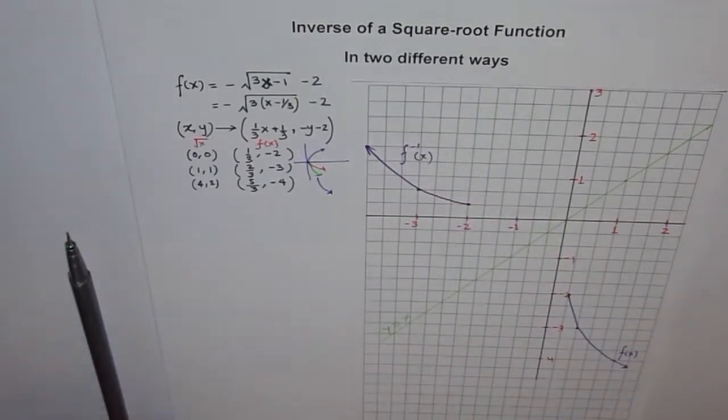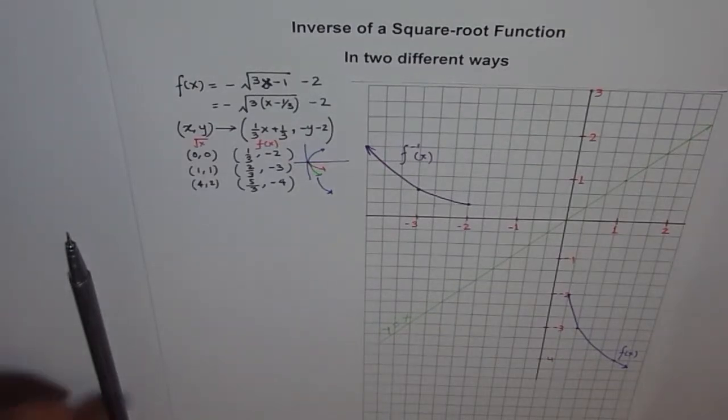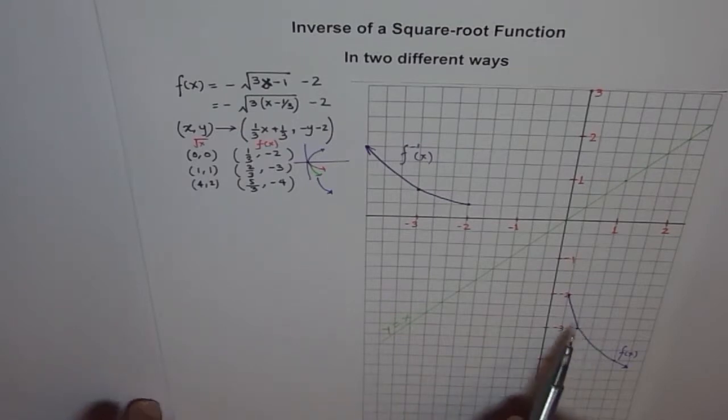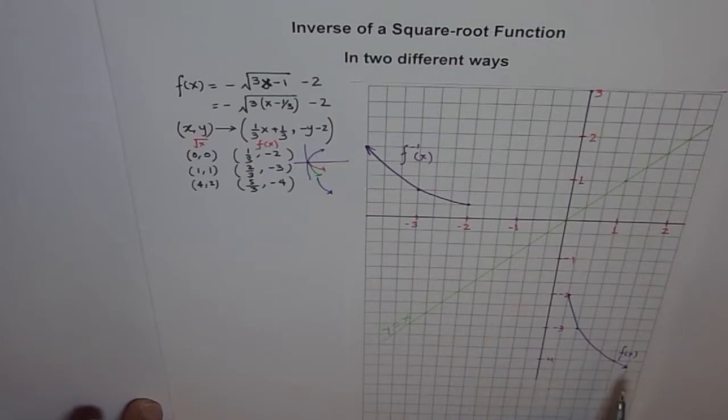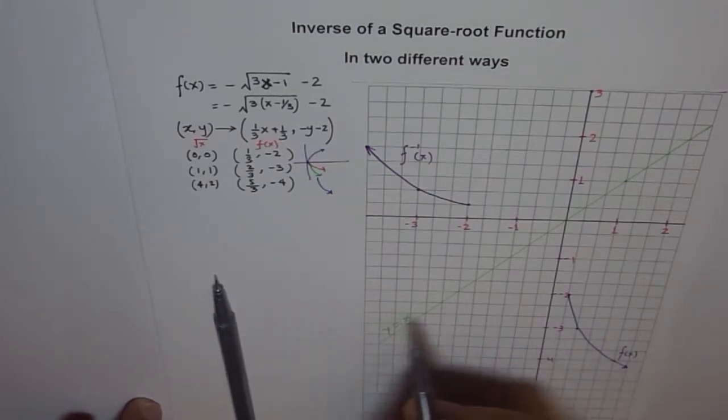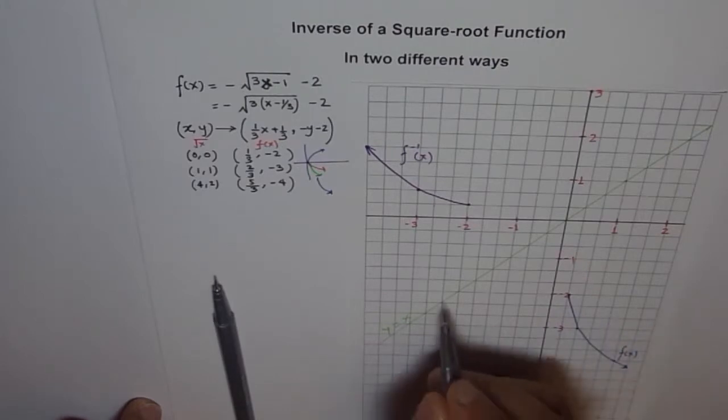So we got the inverse graphically. Okay, so now let's summarize some of the things which we discovered here. For the function, what is the domain? You can see here for the function I can write the domain, and then I'll write the inverse. Here we see the domain is